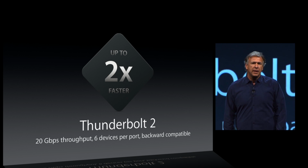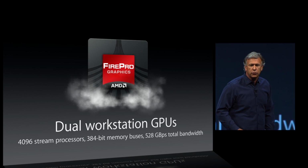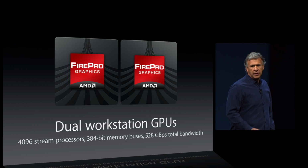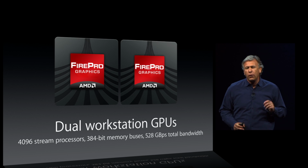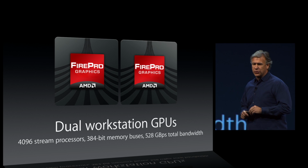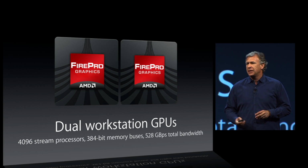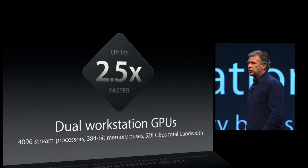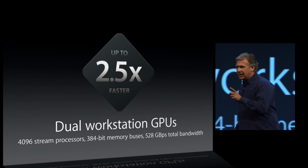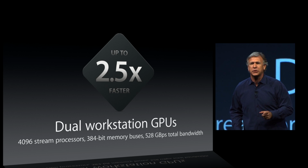is in graphics. This is the first Mac ever that comes standard with dual workstation GPUs. AMD FirePro graphics in it, you can configure it up to 4,096 stream processors, 528 gigabytes per second. This is 2.5 times the graphics performance of the last generation. And for those of you who use OpenCL, and you all know you should, this delivers 7 teraflops of compute